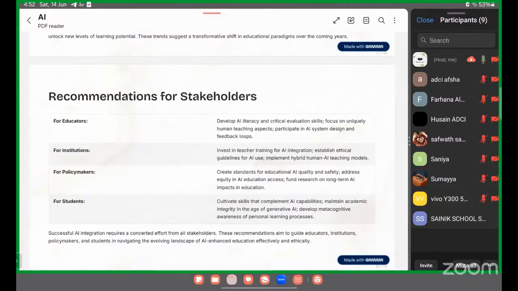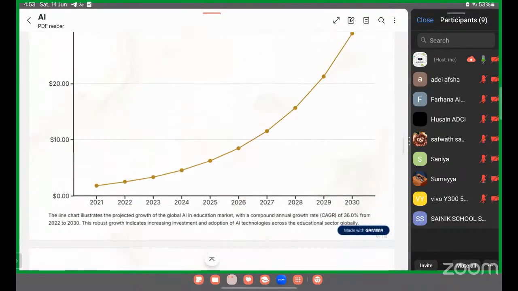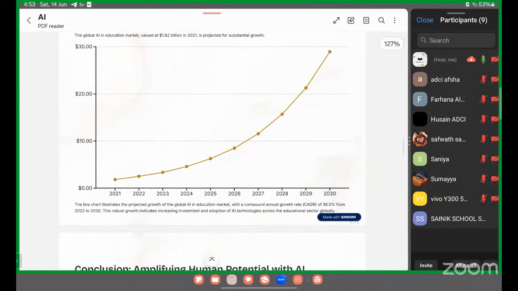Next, these are the predictions of how the market will grow year by year using AI. Earlier than 2020, there was nothing in AI. But after 2021, we see the growth in the use of artificial intelligence, and the revenue is growing exponentially.